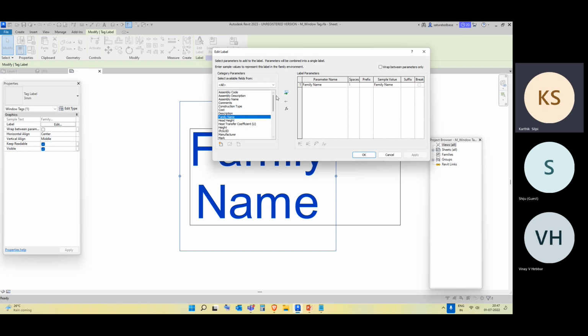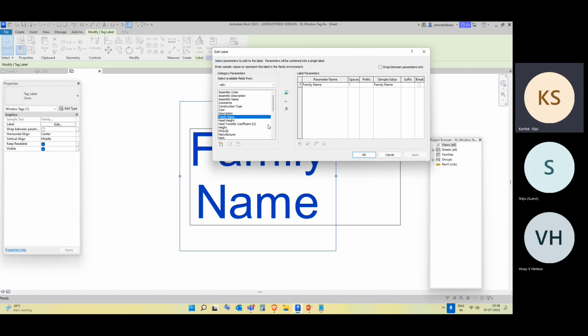Then you can just select what is the next best option that is not going to cause hindrance to my drawing, because if I select family name, it's too big and it's going to cause hindrance for my whole design. Because if you are having that big a mark in your design, other elements can be disturbed, right? At the end of the day, our aim is to present an aesthetically pleasing drawing. So if I present this family name, it's going to be confusing. So what I'll do is I'll just go for the next best thing, that is